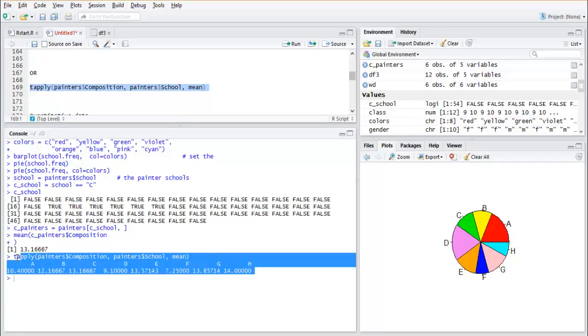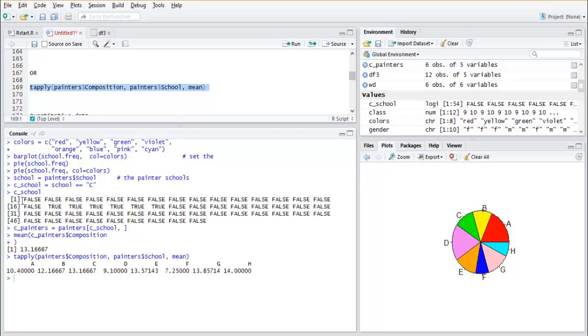So this is for all the categories. Earlier we had to do a 3-step process to find out the mean for the C, which is this. Now with tapply, it takes 3 variables. The last is which statistic you want. You want mean, max, min, whatever you want, we can. So let's say I want a max, I can do max here.